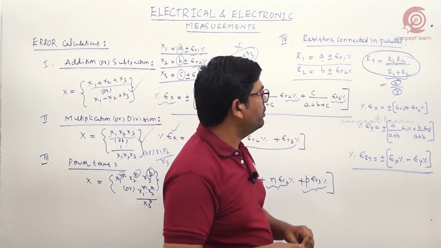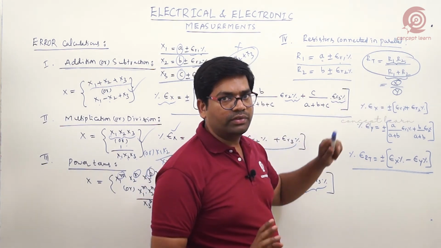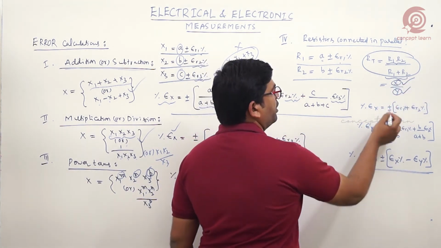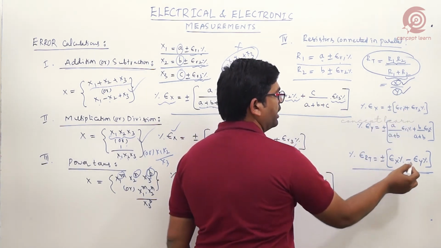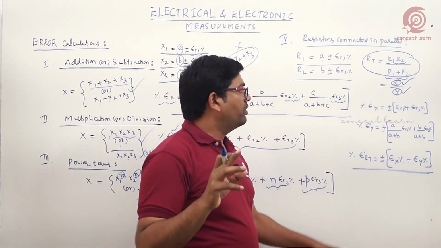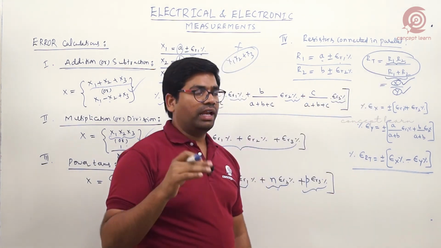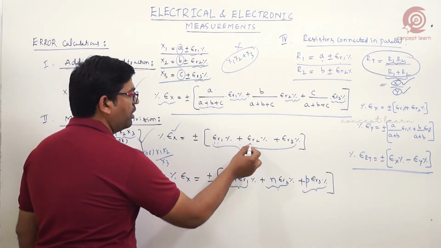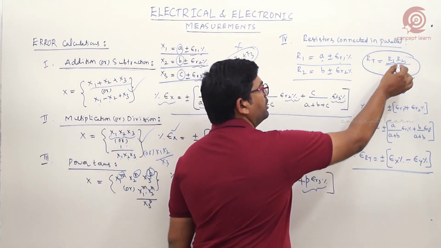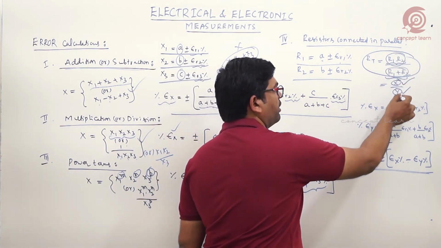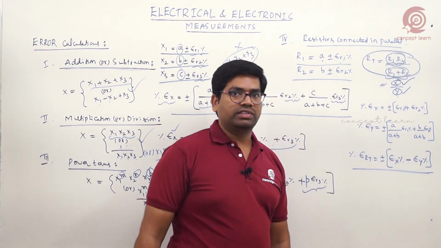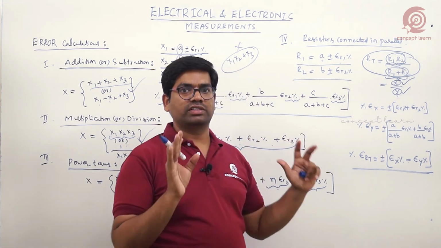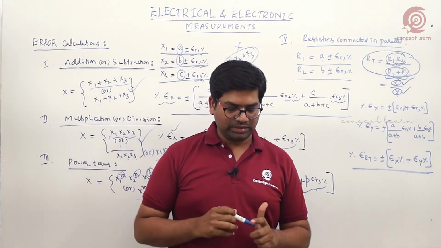Now we got the error due to x as well as y individually. Now what will be the error? One is in the numerator, another one is in the denominator. When you apply the natural logarithm, this error becomes negative. But this is only valid when we have functions like this. A slight difference is there. Multiplication or division with quantities means directly we get all plus only. But here there are two different functions and we have a relation between two different functions, so we get a negative sign here. This is the possibility. So easily you can score from this area when a question comes. Only these are the four models that exist in this category.